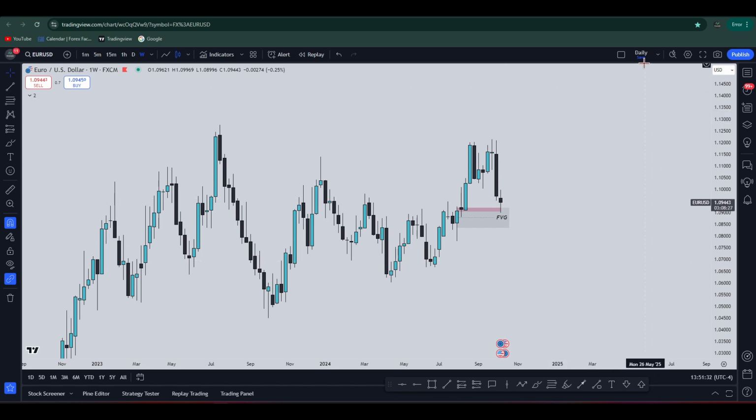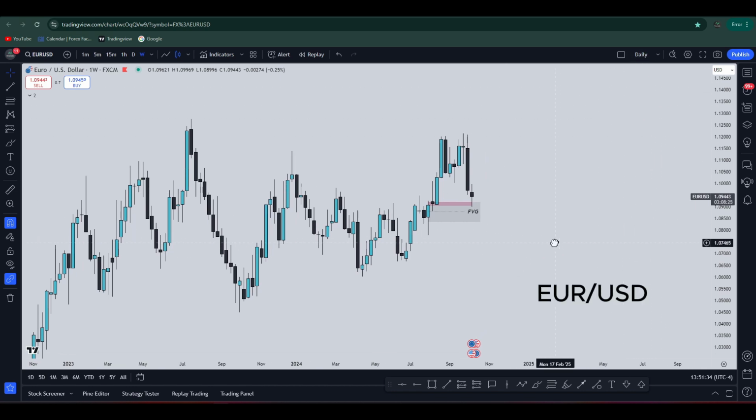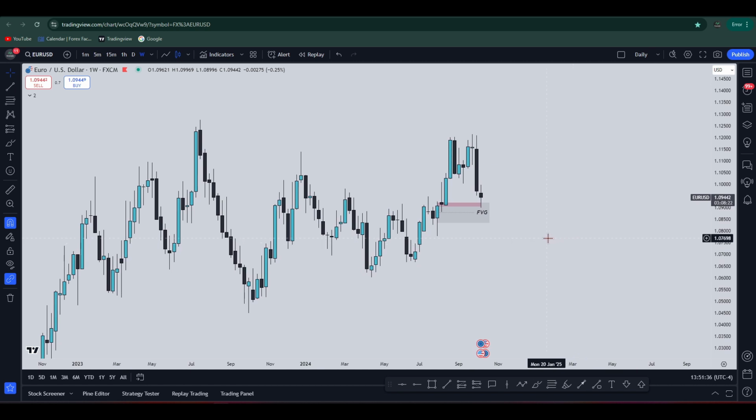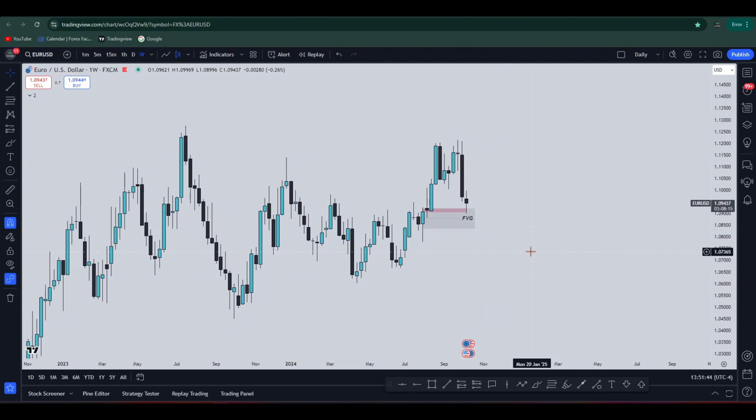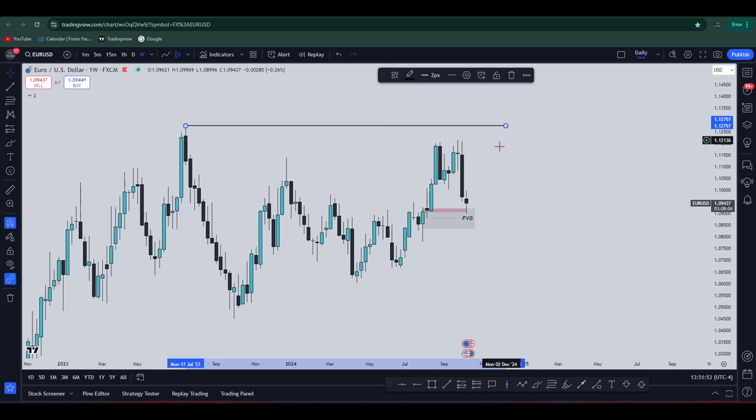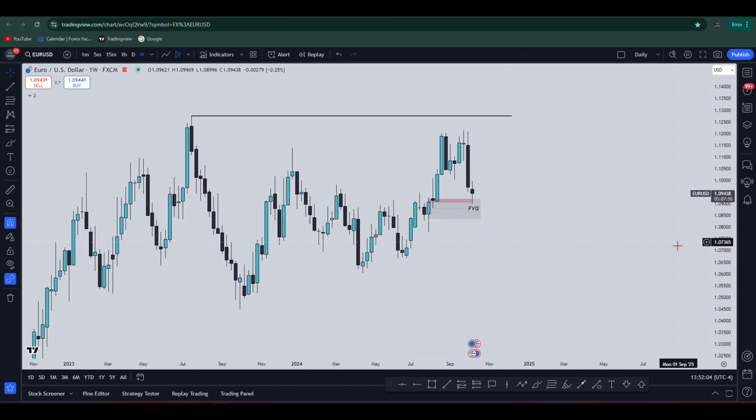So let us just start on the pair that I trade, the EURUSD. This week not much happened, so nothing much to report. I think 2 weeks ago I did an analysis and I thought we would take this high here, but we didn't. We actually sold off pretty heavily this past week, and I think last week as well, 2 weeks ago. So yeah, this is where we are right now.